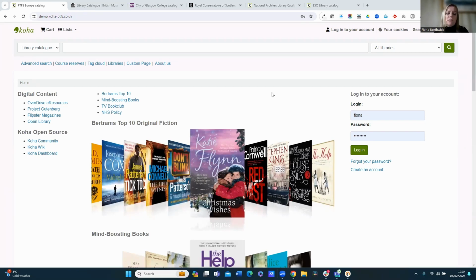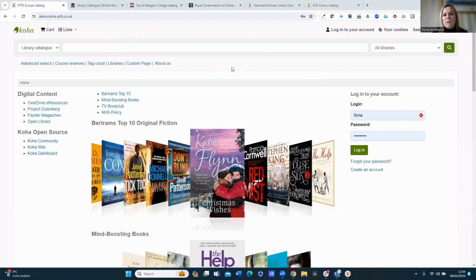So I am going to be using our demo system throughout this webinar, but I wanted to start the webinar session by explaining that you can actually change the look and feel of the OPAC. So what we're seeing on our demo system here is quite grey and white and really not visually appealing necessarily. We tend to leave it pretty much out of the box on our demo system, but we can see that